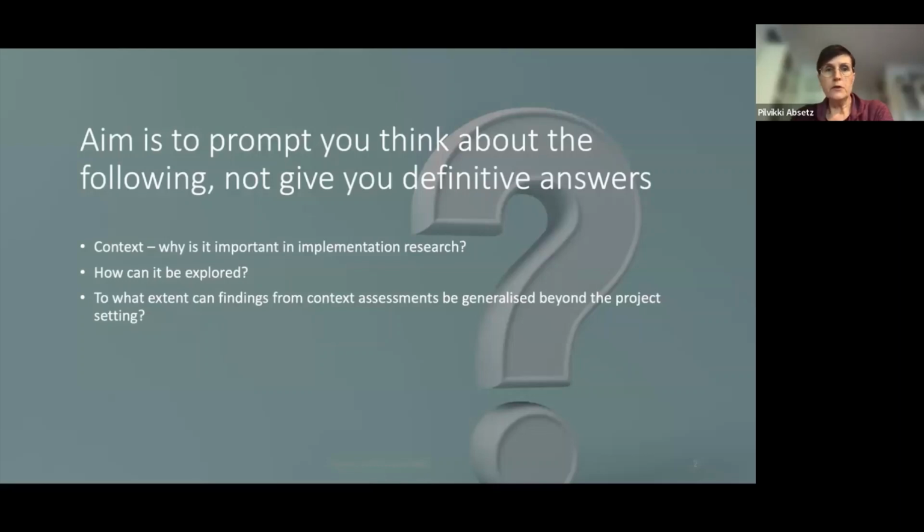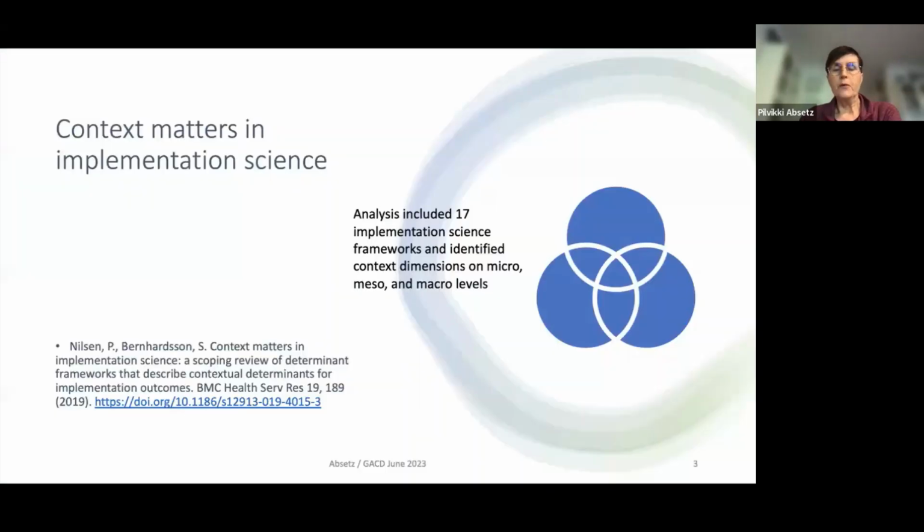Morvin already mentioned that there are evidence-based interventions, and their implementation in different contexts, different cultures, different continents requires more thorough thinking about context. So how can it be explored, and to what extent can findings from context assessments be generalized beyond the setting? I'm not sure how much I will touch upon that today, but I went to look at some of the